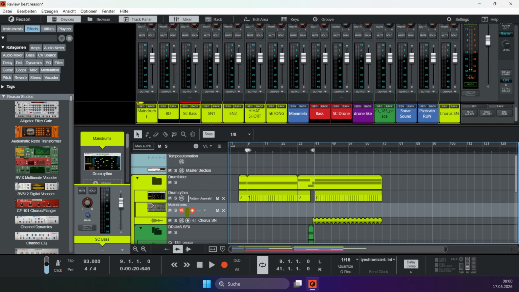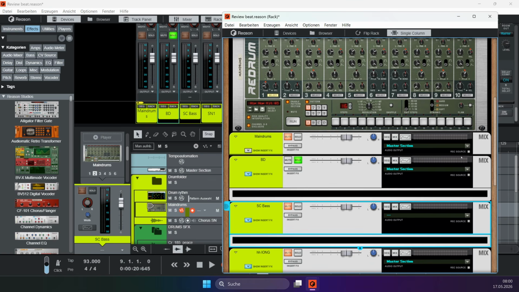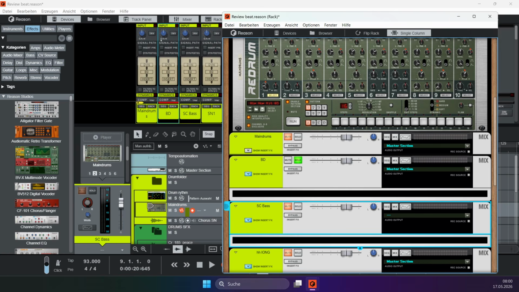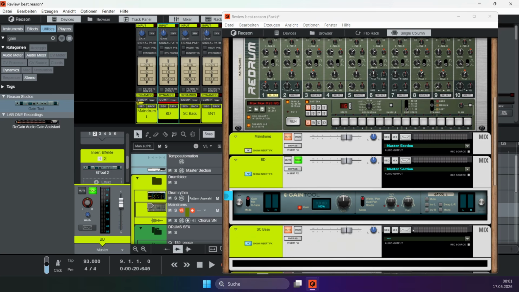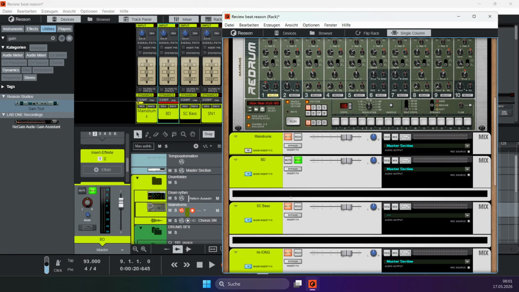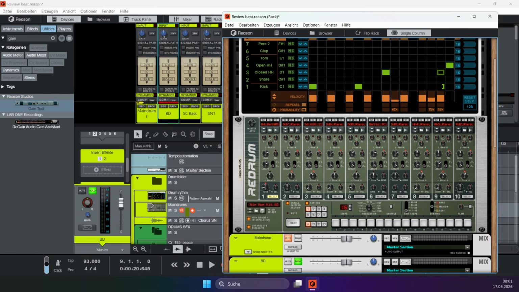In my example, this is the bass drum now. So there's no effect in here. If there were any effects in here, we don't take the gain input here to master to gain stage. We would take a gain tool and do it with this knob, because the gain input here in the mixer